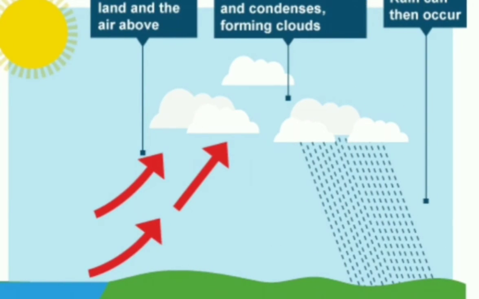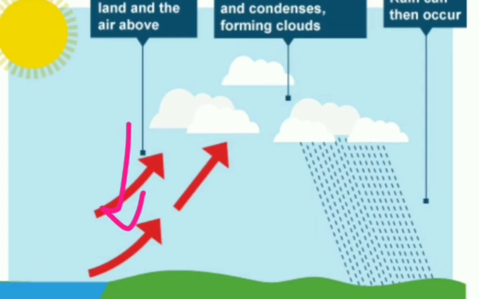Let's move towards the third type of rainfall, that is the convectional rainfall. You can see inside this diagram, this convectional rainfall is much easier, like the diagram you always made in your childhood days, a water cycle. Yes, of course, it works in the same way. The sun heats the land surface, you all know this. After heating the land surface, what happens? The air moves up.